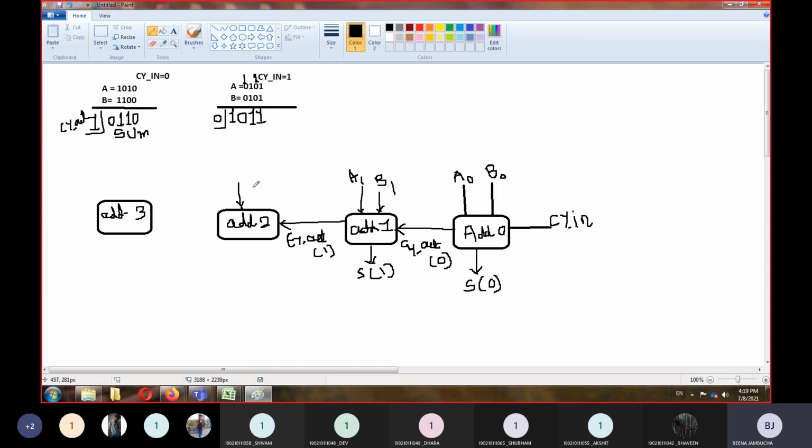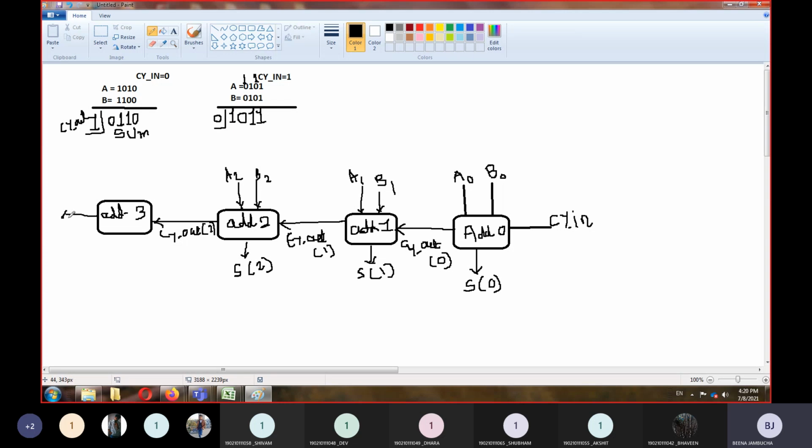Again, this is the next adder. The inputs are A2, B2, output sum is S2, and this is carry out 2.